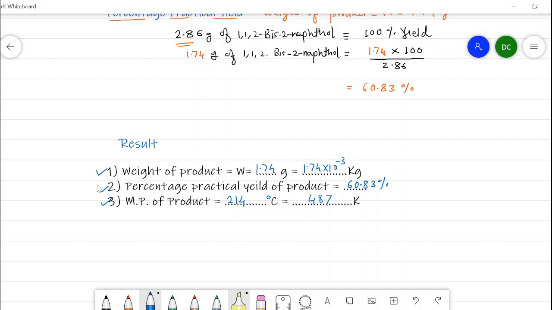In this way, we have completed the practicals, that is organic preparation as well as preparation of derivatives in organic chemistry. I request all of you to go through this practical. No doubt these are theoretical demonstrations only, but you have to go through them because there is a practical viva, and in that practical viva you should know each and every practical, and when the examiner asks you some question, you should answer that question, and for that purpose you should learn by heart. So thank you very much for listening to me.